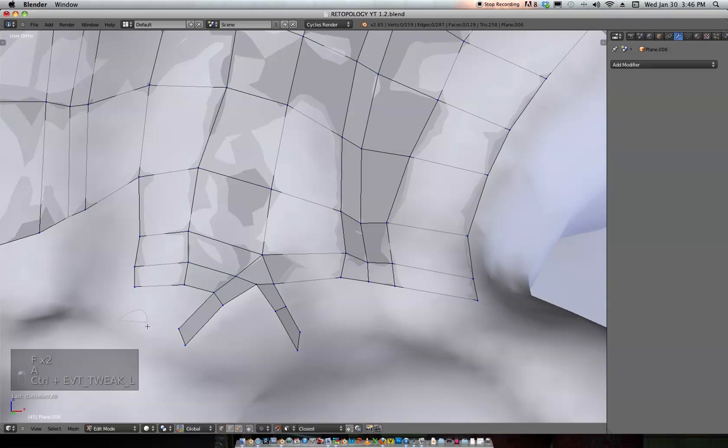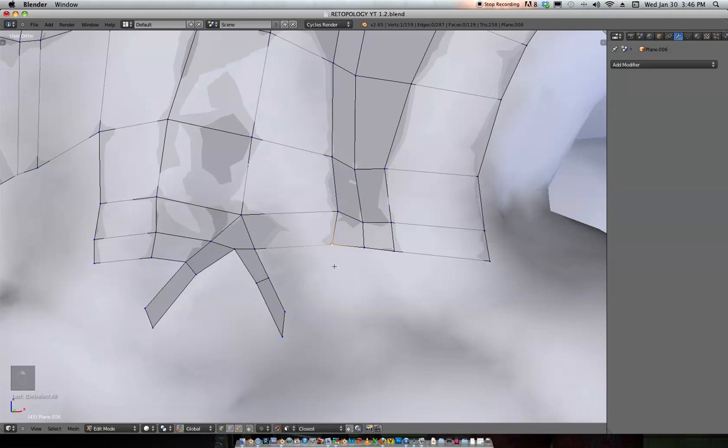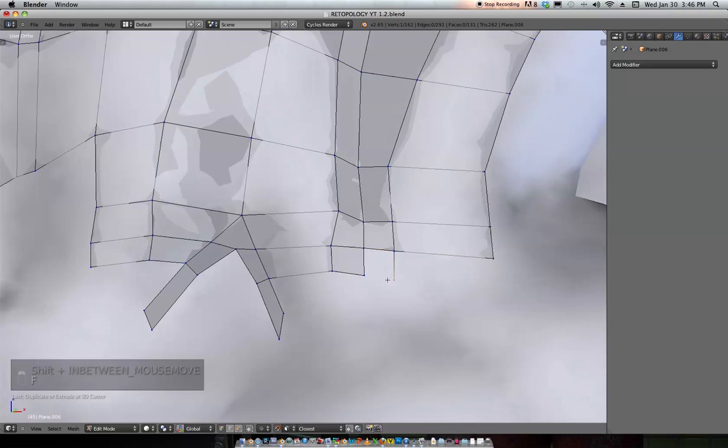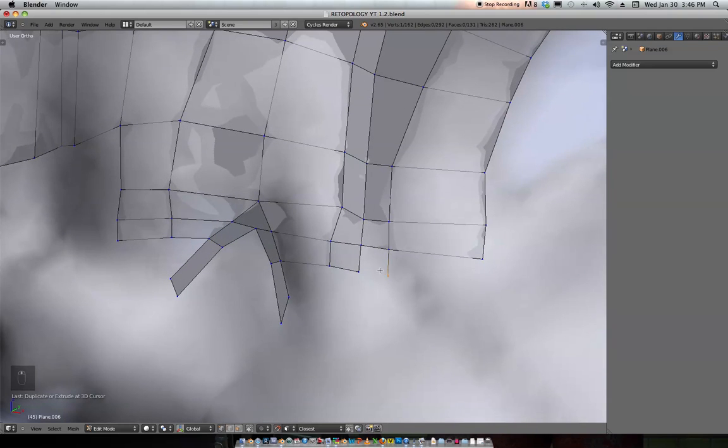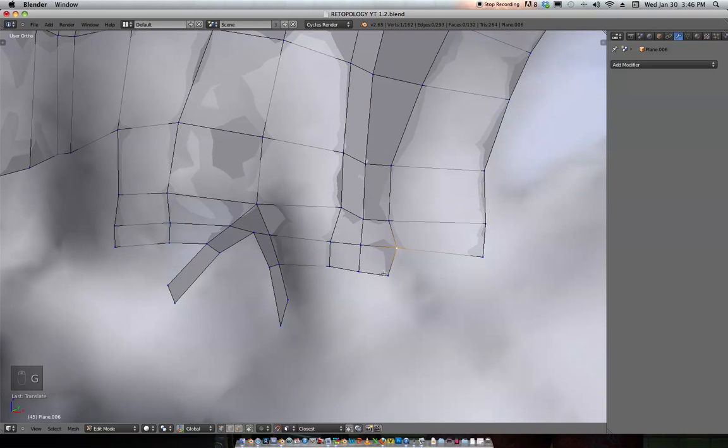If you hold down Control, you can also do a lasso select. Some people like to do that. I like just clicking. And let's see, that might have been a little unnecessary, but it's okay. We'll just make a little face right there. So right here I want to start,